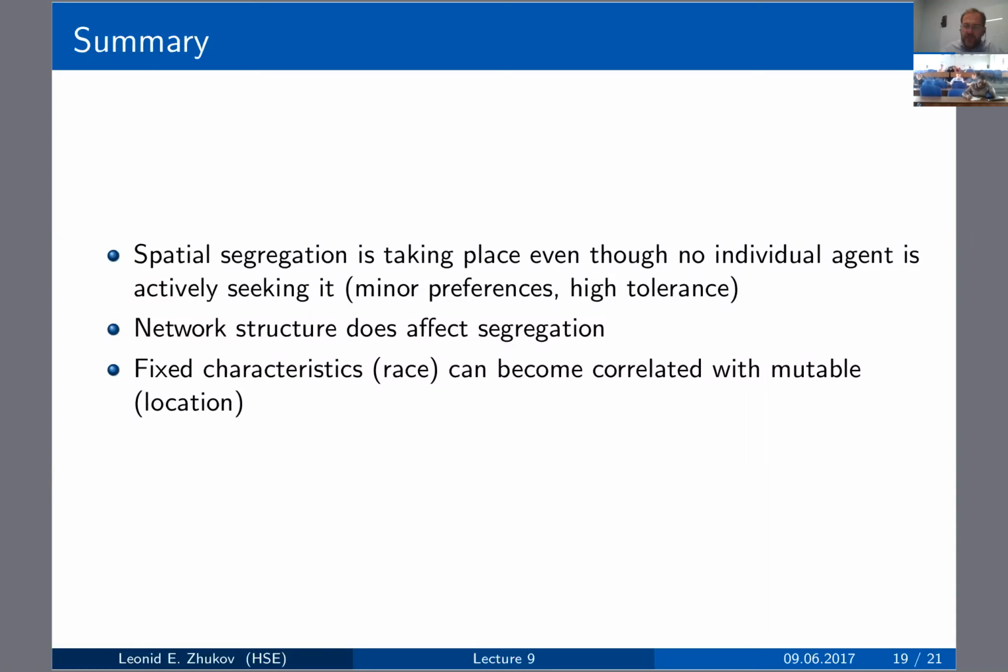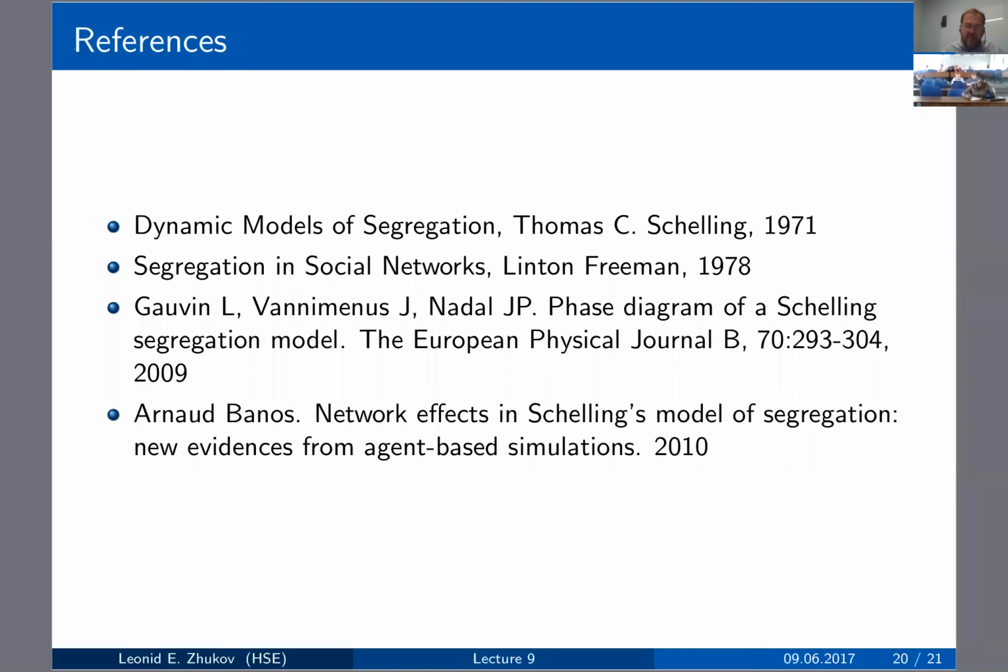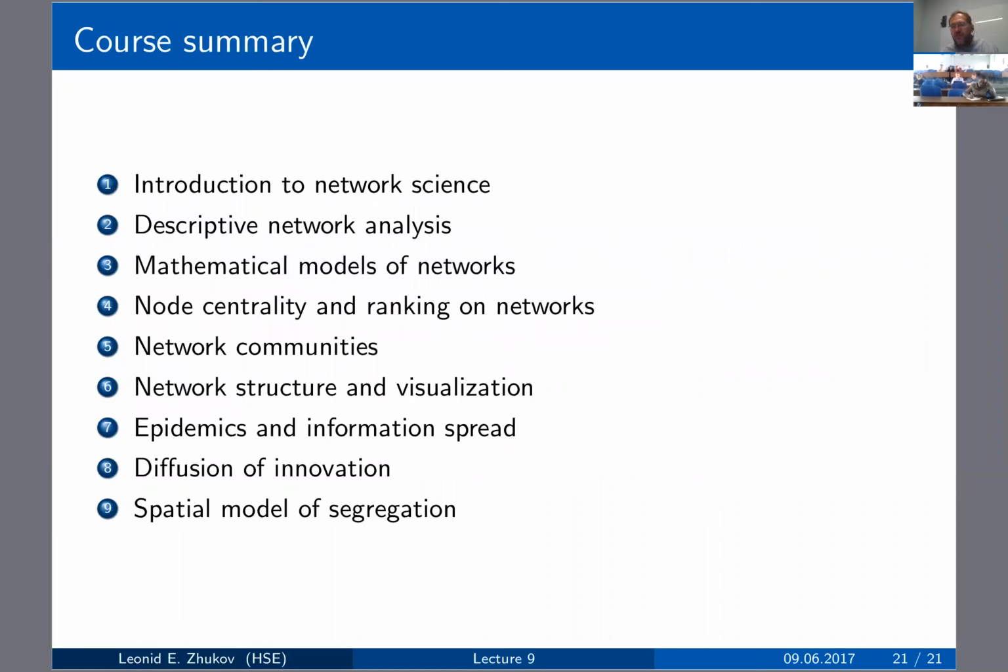All right, guys. There are references for those of you who want to look into this. That's pretty much it for our short course. This is what we have done. It was just 9 lectures, but we actually managed to cover a lot. We talked about the introduction to network science and what network science is. We discussed various ways to analyze networks, and statistical properties of networks, things like density, number of edges, the shortest path in the network, clustering.